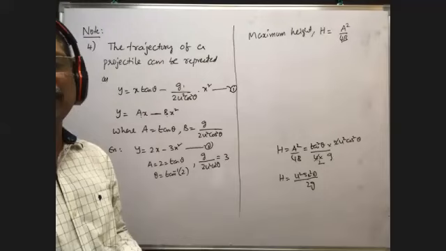At this point, what is the radius of curvature? Perpendicular to this tangent, you draw a line passing through this point. That line is along the vertical direction, because at the highest point the tangent is horizontal. That's why this line is vertical, and definitely it is along the radius toward the center of curvature of this curved path.